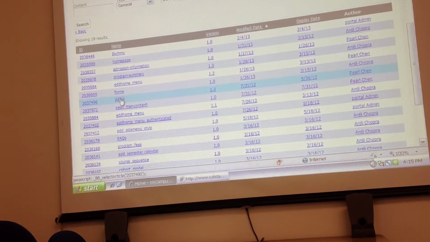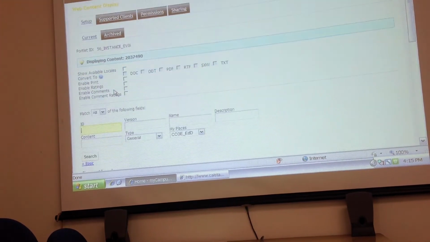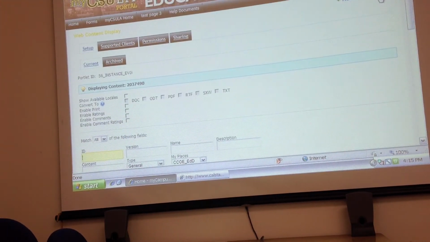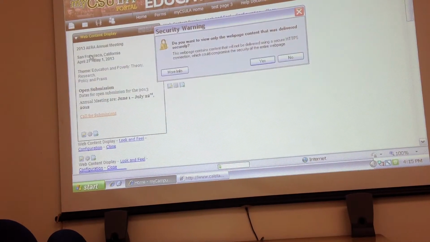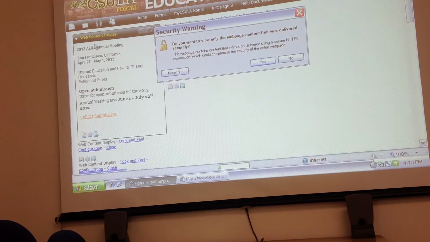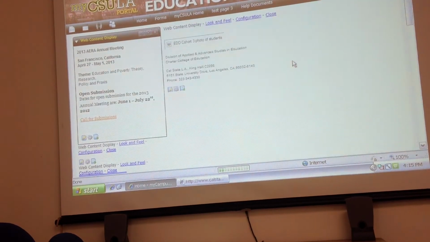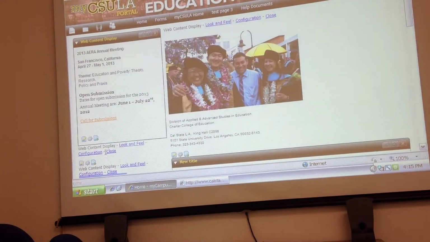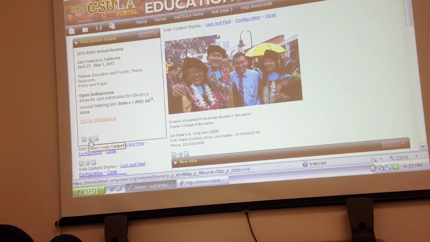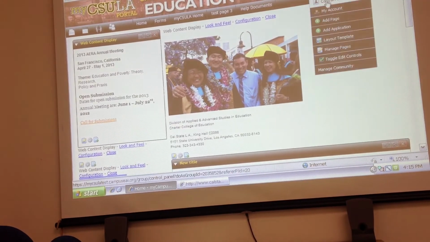Let's say I pick something else. Once it refreshes, it means it's now applying. See that area thing? Now this is displaying this specific content that was created in the past. This was in the edit page? In the pencil? This was in configuration. Configuration? Yeah, so pretty much select web content. And the reason I wanted to show you this was, if we go to control panel,